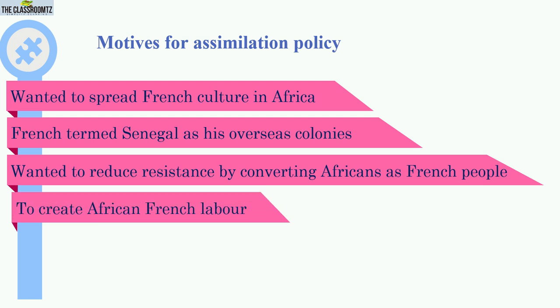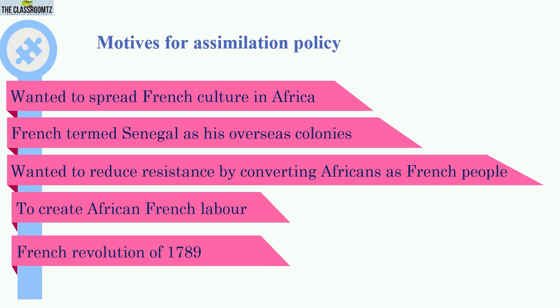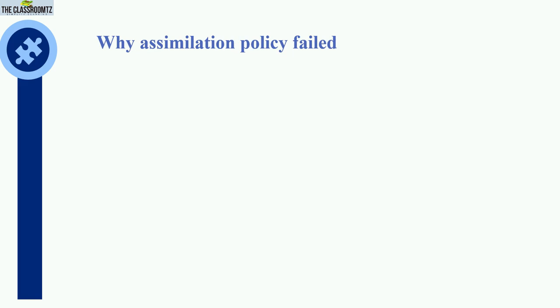Create African French labor to get some cheap labor who will work under the French government. Because of the French Revolution, which believed in equality, liberty, and fraternity, because of that policy or statement, the French said, let us treat Africans the way we are treating French people there in France. So they wanted to create a line of equality. But unfortunately, this policy failed. The assimilation policy failed. It was not successful like other